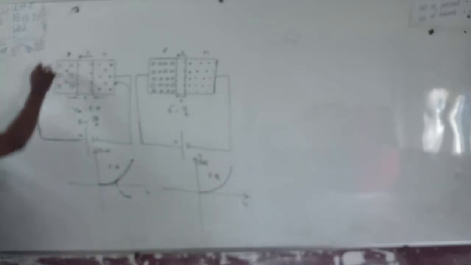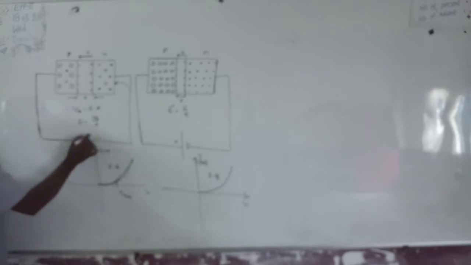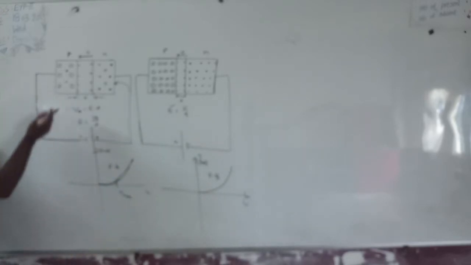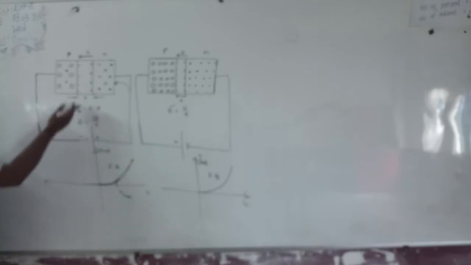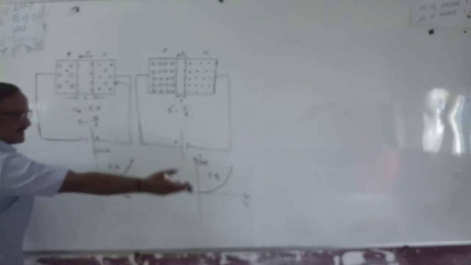But if the p-type is connected to the negative polarity and the n-type is connected to the positive polarity, what happens? Holes are attracted towards the negative plate, electrons are attracted towards the positive plate. Still, there is no current, meaning no charge carriers cross over the PN junction diode. That means the current passing through the diode is approximately 0. But on increasing the applied potential difference, at a particular voltage the current starts flowing through the PN junction diode. Therefore, this potential in reverse bias at which current starts increasing is known as the breakdown potential.